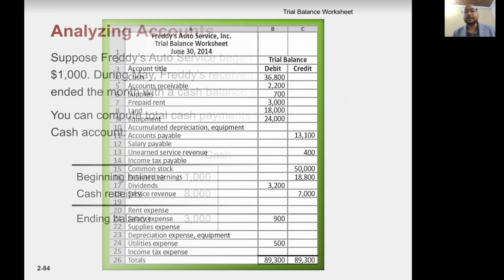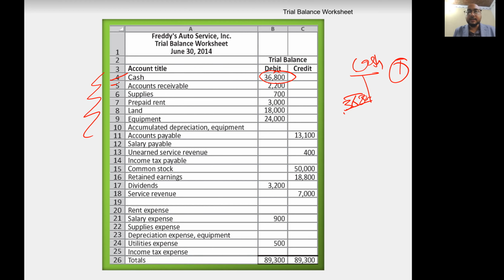So first you need to make the income statement. All the income statement accounts are here. Income statement is revenue minus expenses. So what is the revenue? Rather than going to the register of revenue, just pick the amount from here. Revenue 7,000. Credit side, yes, normal balance is the credit side. Revenue 7,000. Expenses, we have expense. Expense always has a debit side, 900. Salary expense is not here. Equipment depreciation is not here. So we have 9